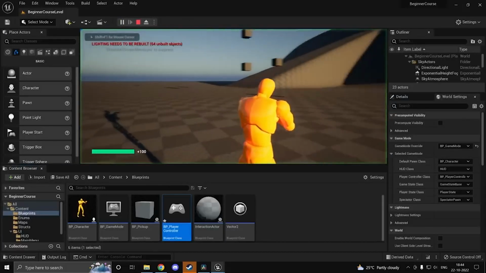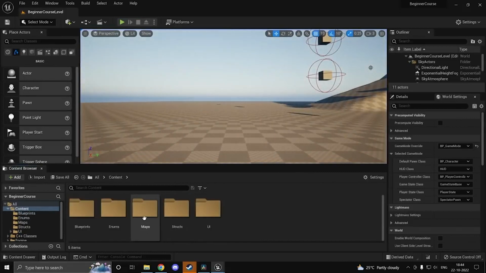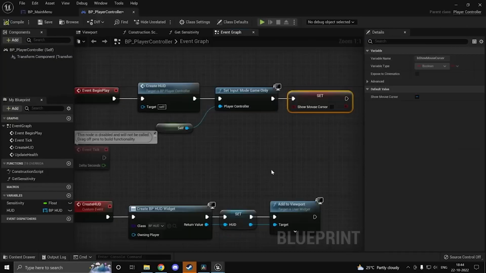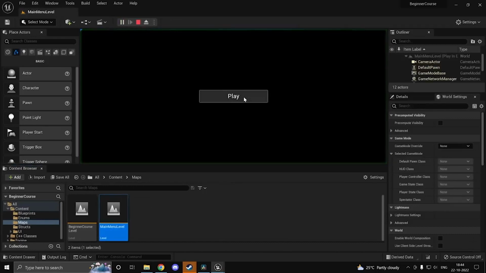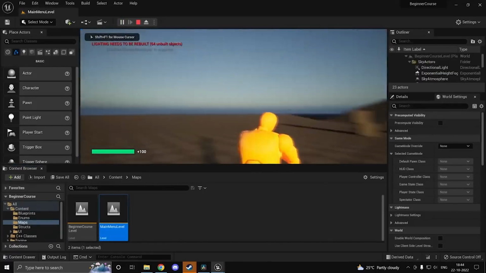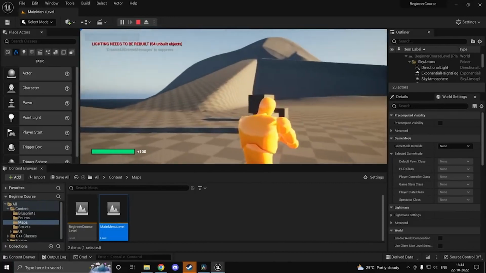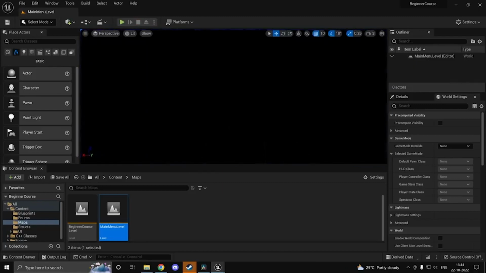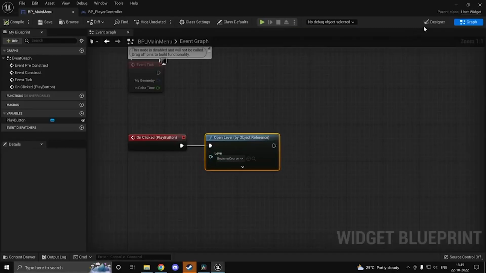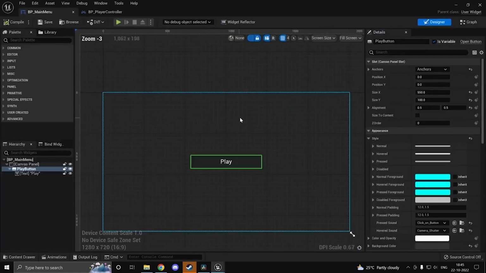Now if I go ahead and press play, okay, I mean that wasn't what I intended. Now head back into your main menu, go ahead and press play. Now you see your mouse is going to behave normally. So that's basically how you deal with it. Now you can do your normal gameplay stuff. So that's how you would actually interact with your actual levels and stuff. You would transition levels and stuff using widget blueprints. So head back into UI, main menu, and if we take a look at our code, it's really simple. And our widget as well,